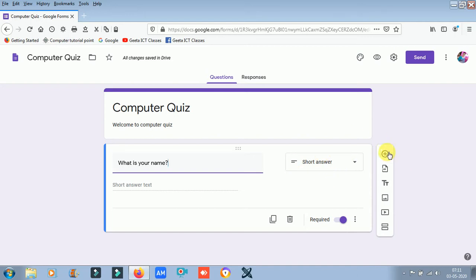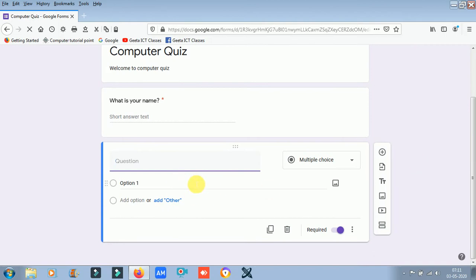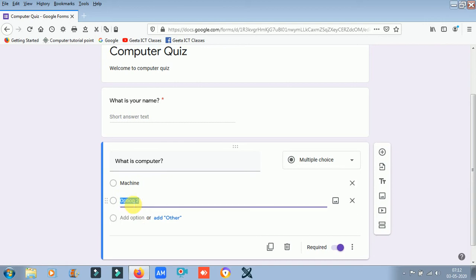And the next question is from your quiz. Before writing this question, firstly I want to make one question here. What is computer? One option, machine, and the second option is human.